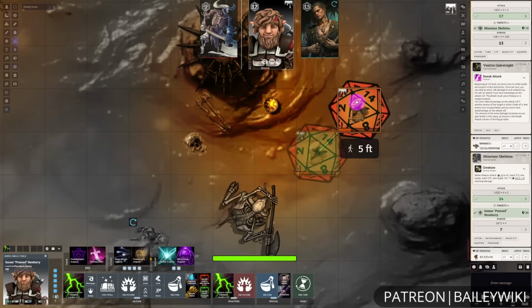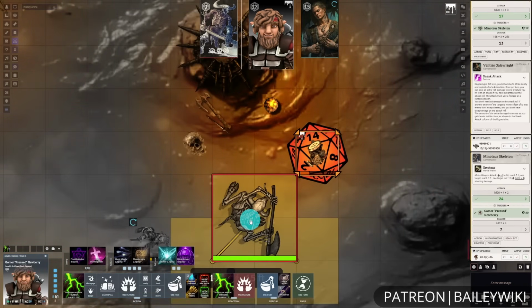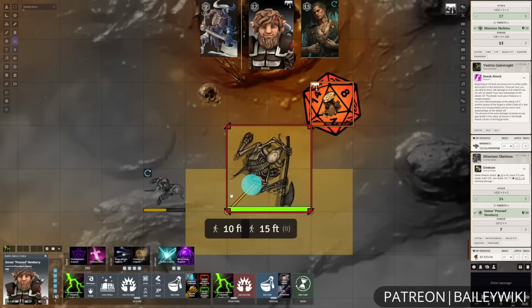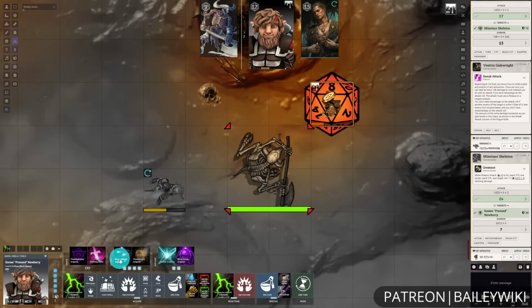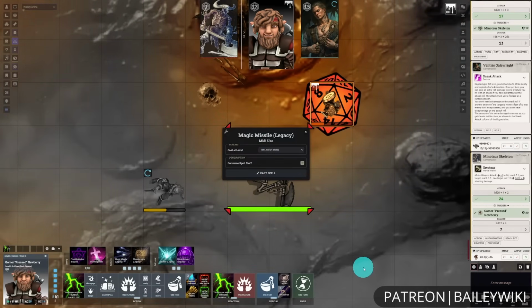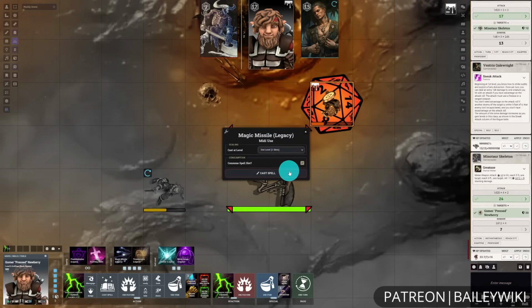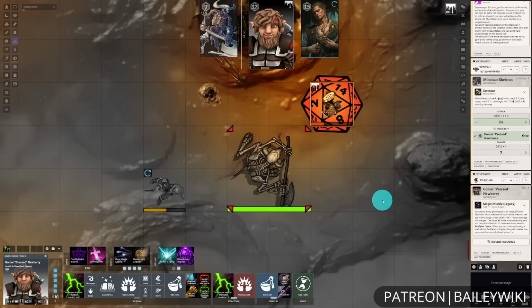In this case, we'll go ahead and attempt to do some spell work. Normally we might want to have a little bit more distance, but that should be fine for this situation. And we'll use Magic Missile, and we have the option of changing our spell slots, just like you would normally. And when we cast the spell,